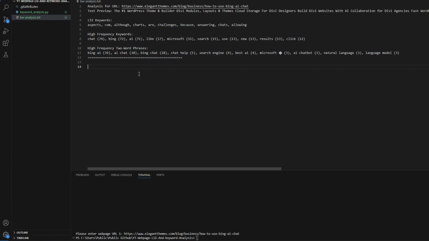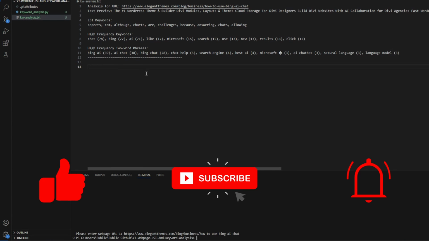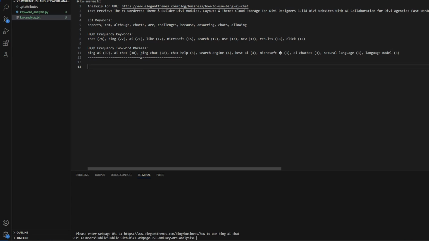Now, you may have seen something like this, or this might ring a bell if you've ever used Neuron Writer or Surfer SEO content editor. It's doing something very similar, but this does not cost you $69 a month. This is totally free. What we can do now is run this for 2 and aggregate it. So for the type of content that we want to generate, we can actually look at typical LSI keywords, high frequency keywords, and high frequency key phrases that exist in high ranking content in our niche.